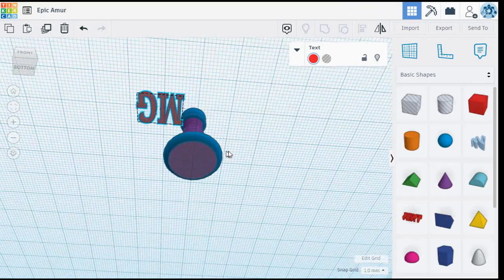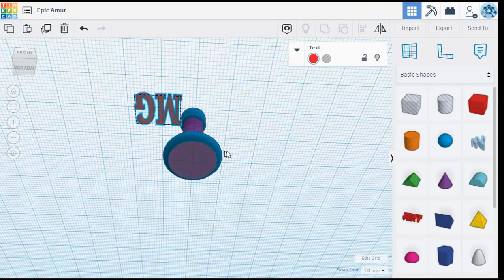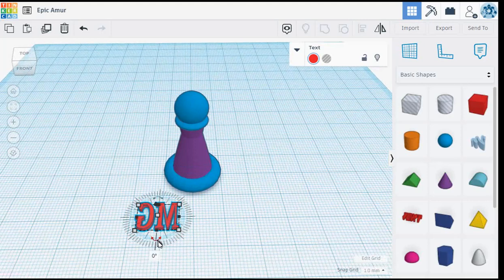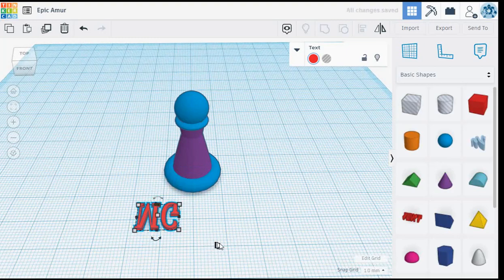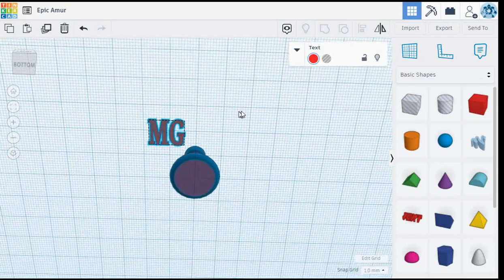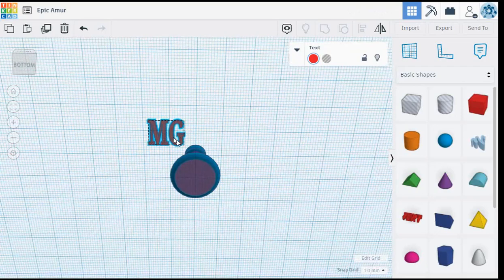now they won't be backwards. I'll do one more thing just to make it look better. I'll flip them around upside down here at 180, and I'll look one more time. Now they look okay. In fact, now that I'm upside down, I'll just grab those initials and put them in